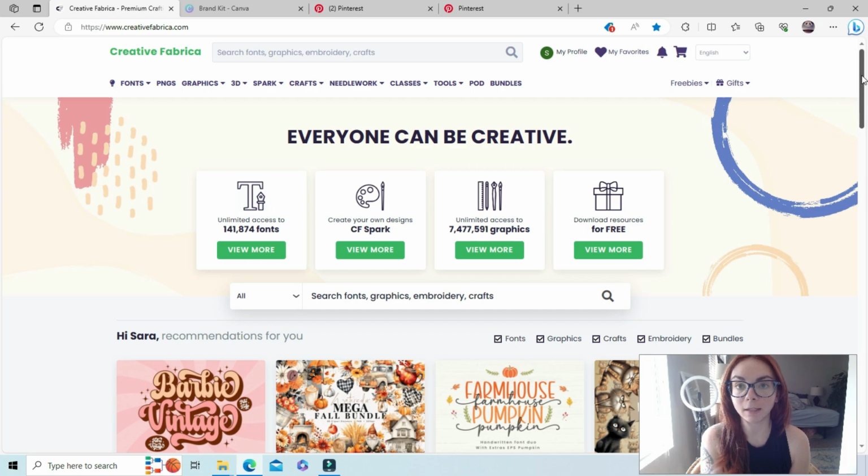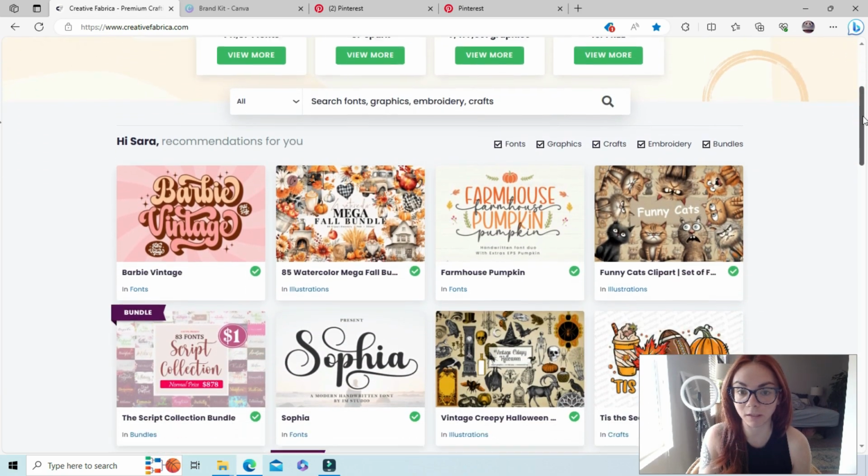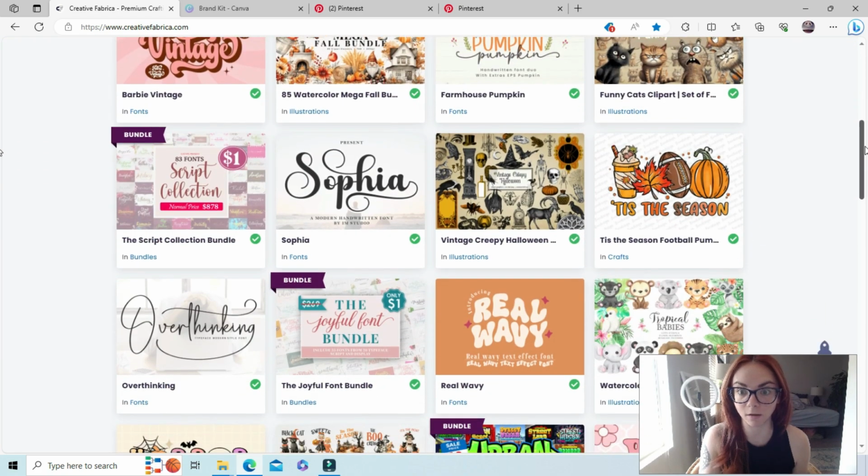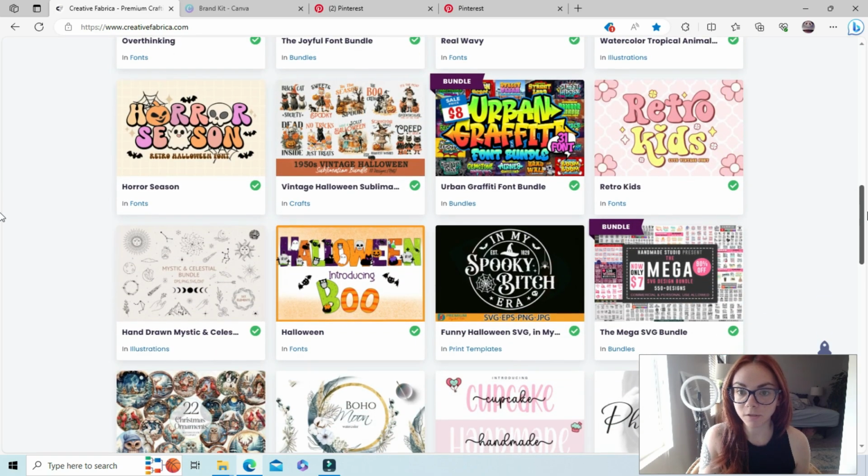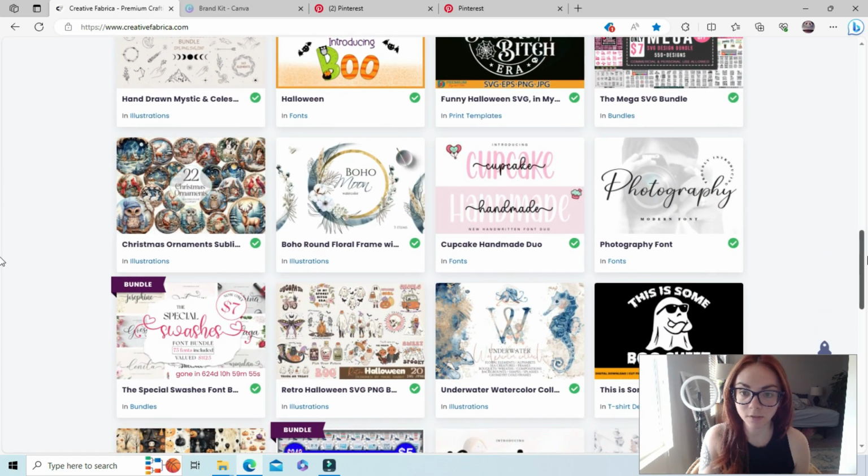They offer a yearly subscription. It's on special now. It is about $60 for the whole year, but that's so worth it because some of these bundles or fonts you're paying per item, and that can really add up, especially if you're like me and you're using this on the daily or downloading new fonts almost daily. So getting that yearly subscription definitely makes it worth it and pays for itself. I love using Creative Fabrica to get ideas for designs,